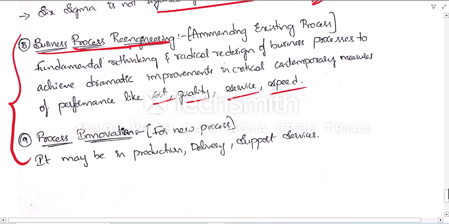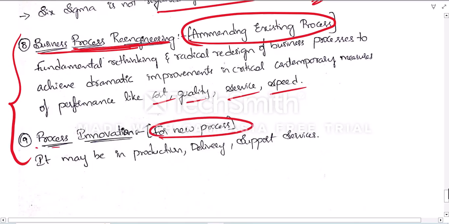See, we apply business process reengineering for an existing process, meaning an existing business, if the current process does not work well. But if it is a case of a new process, we apply process innovation, meaning drastic improvement, drastic methods or challenges, a great design we will take in production and deliveries to support the system for a new process. It is called process innovation.